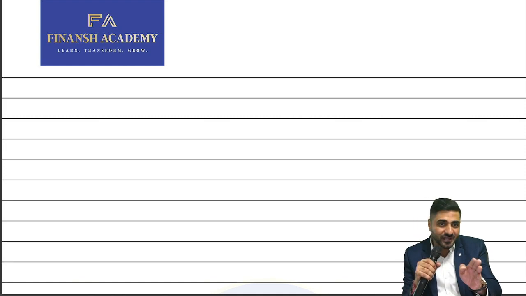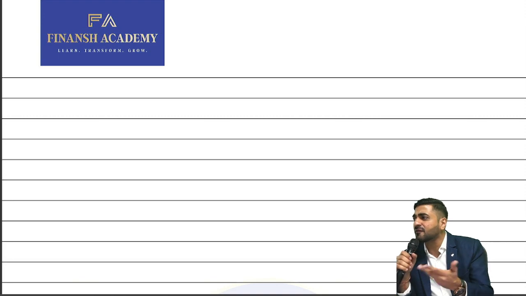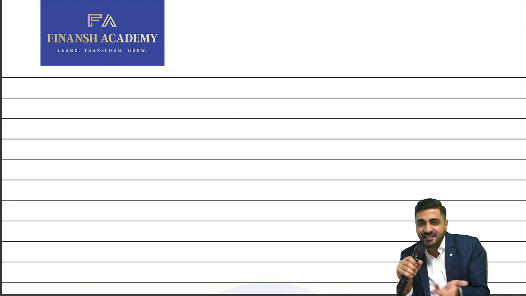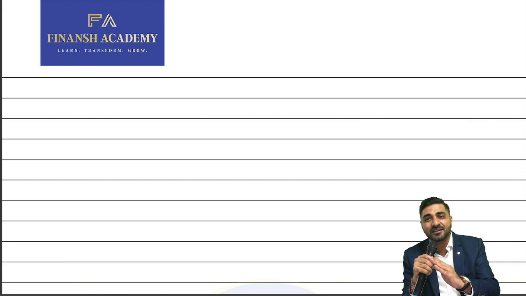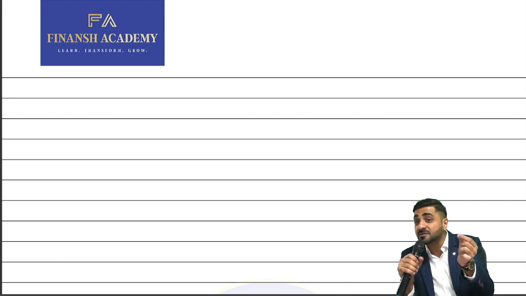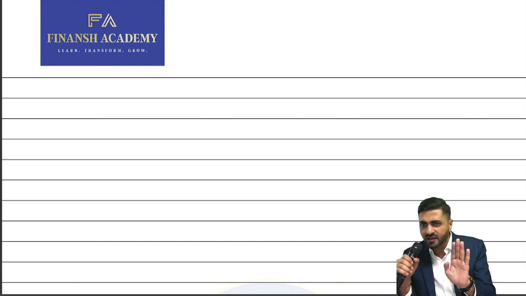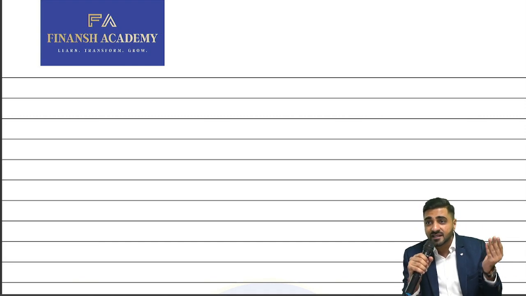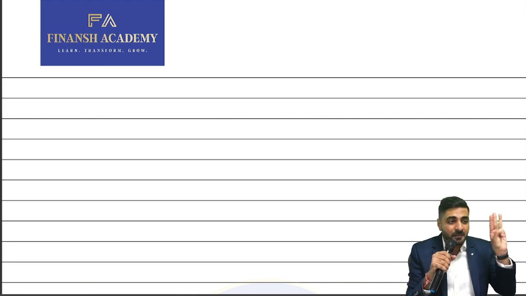Okay. Then there is something which is called your P&L ratios. And in P&L ratios, numerator and denominator both will come from where? P&L. Obviously, that's why they are classified as your P&L ratios. And then we have something which is called your mixed ratios. And in mixed ratios, your numerator comes from your P&L and your denominator comes from your balance sheet. So how many main sets of ratios, guys? 3 main sets. The first one is your balance sheet ratios, the second one is your P&L ratios, and the third one is your mixed ratios.